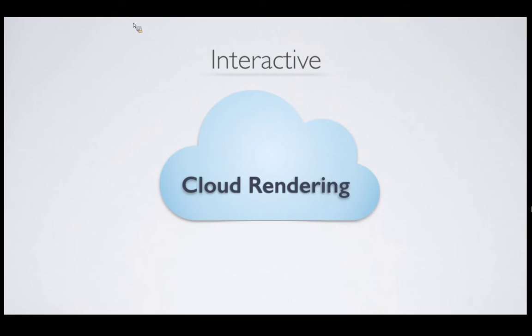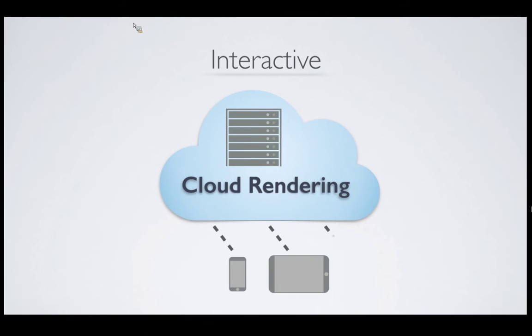So with cloud rendering, we now have a way of doing the visualization remotely in addition to doing the computing remotely. To illustrate this, we have a series of servers at a remote site, crunching away, coming up with your data, and then we're able to send the resulting images down to any device that's capable of decoding an H.264 video stream, which is essentially what YouTube uses. So if you can watch YouTube on a device, you should be able to use it to do cloud rendering.